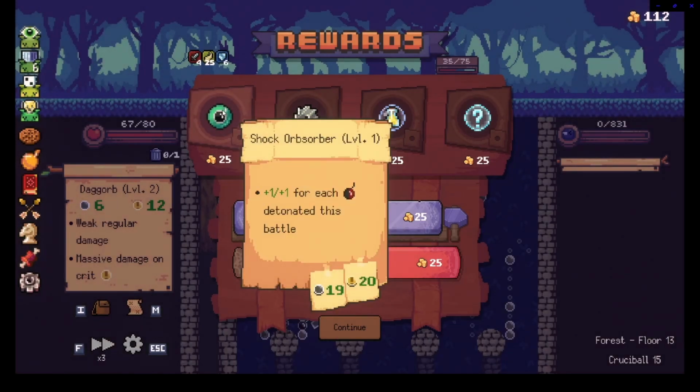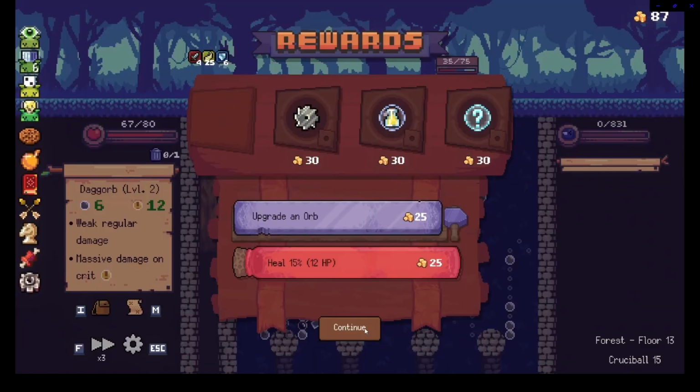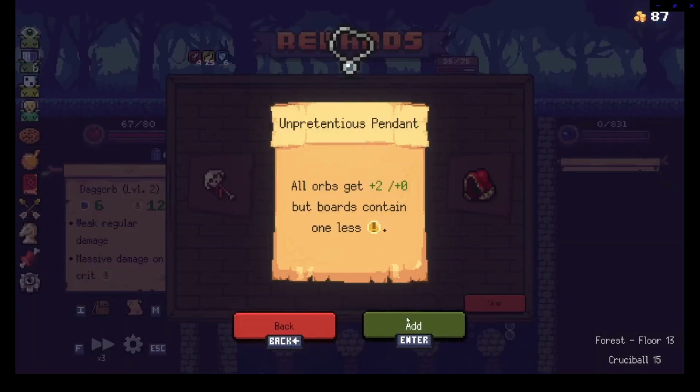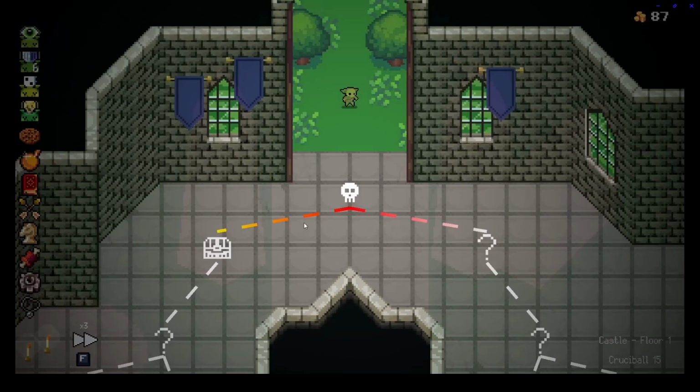Alright, there's a shock absorber here, which frankly, you see that 1920 and you just want to take it. It's a very big number. And then right here, boss passives, we get like the strongest cruci passive ever. So of course we just take unpretentious amulet. Like, we're doing our bust stuff. It's just a really good idea. Like, really, really good idea. Right, we get Demon Wool, which